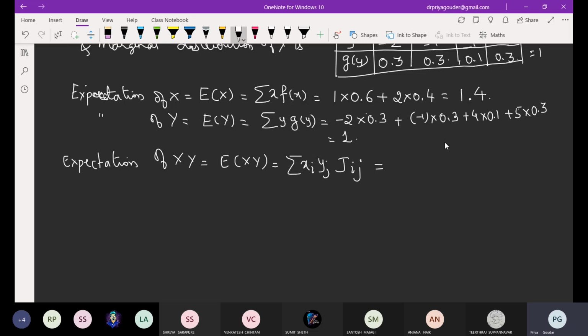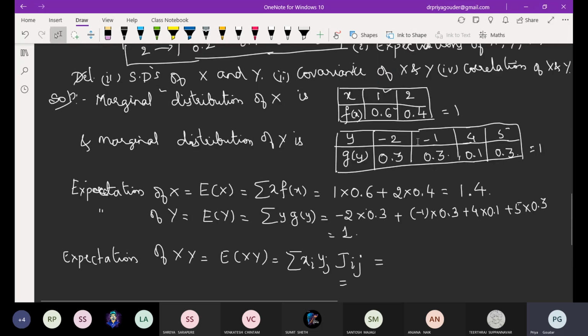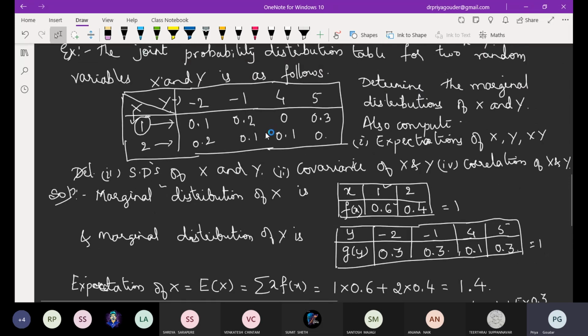Now, to take this value, see fij are the joint probability values. So that time you should not refer to these tables, the ones down below. You have to refer to the given joint probability table. Got it? See how to take it. Just observe here: it is the x value, the y value, and the corresponding fij value. For example, if I take 1 and if I take -2, tell me in the table which is the value corresponding to 1 and -2.